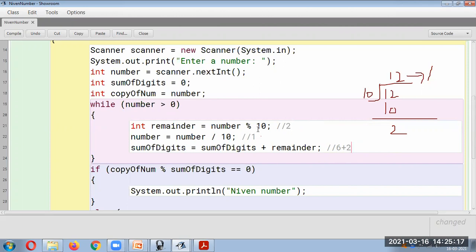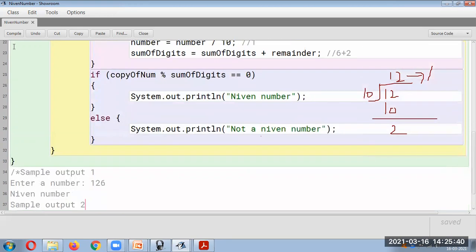So at the end, you will find that the answer you will get is 1 plus 2 plus 6. So 1 plus 2 plus 6 is what? It will be 9. Okay, and then you have to check if the original number divided by 9 is divisible, then you can directly say it's an even number. Else you will say it's not an even number. So logic is very simple.